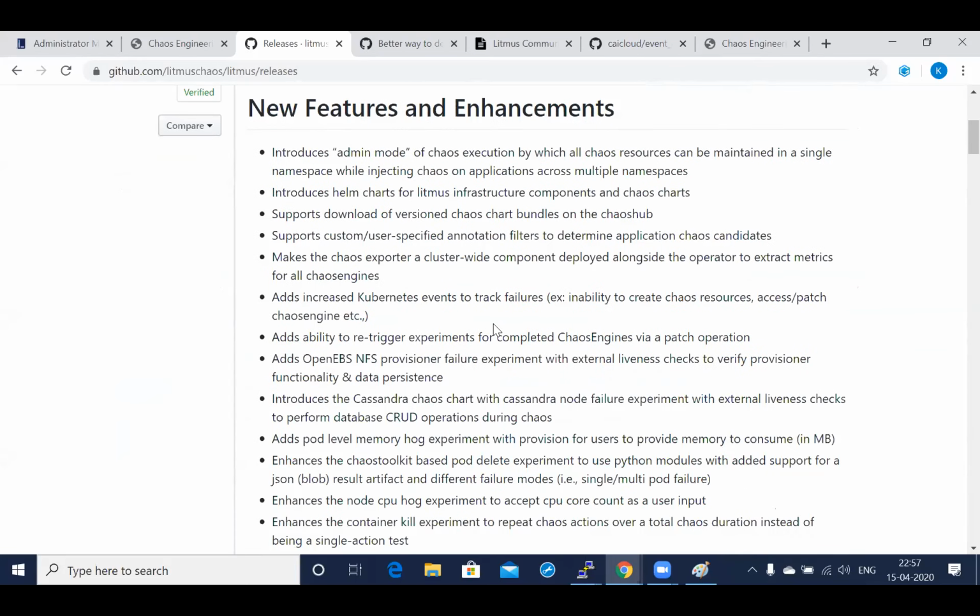Are there any questions on any of these release items? We'll have a blog that probably talks about some of these in greater detail, which I'll share on Slack. But otherwise, do we have any questions? Okay, fine.